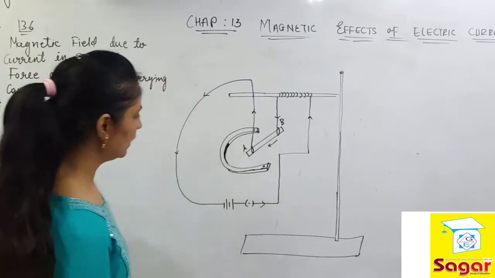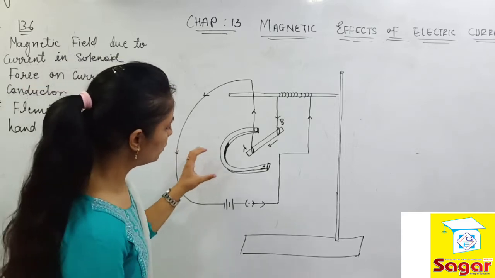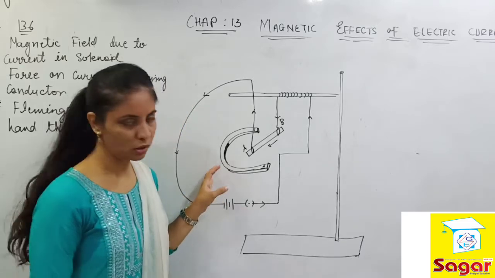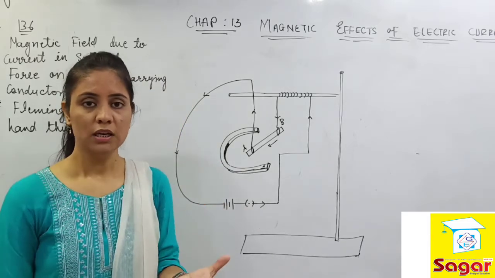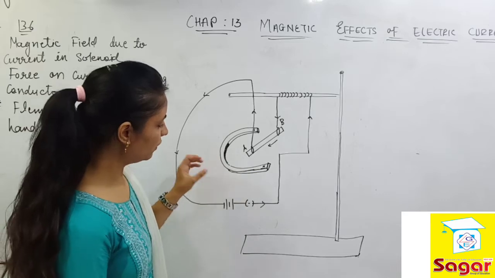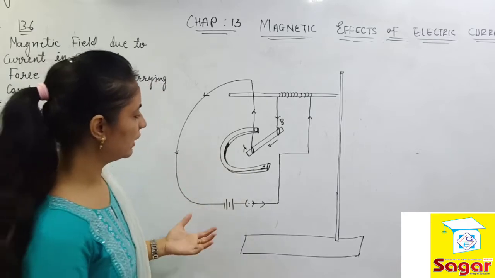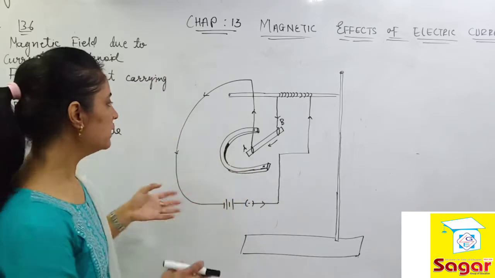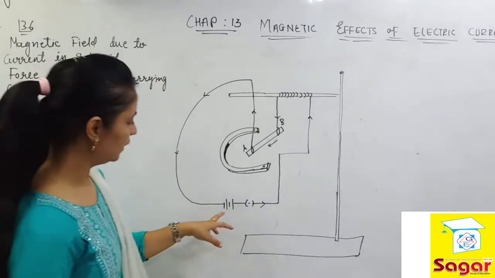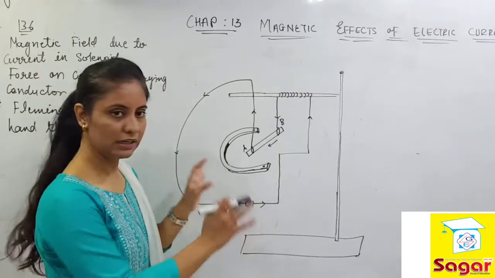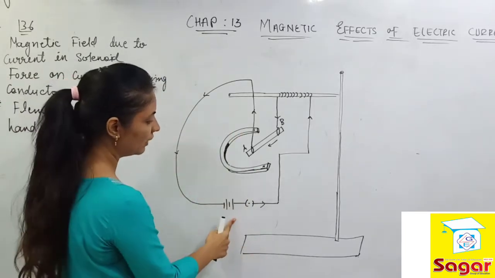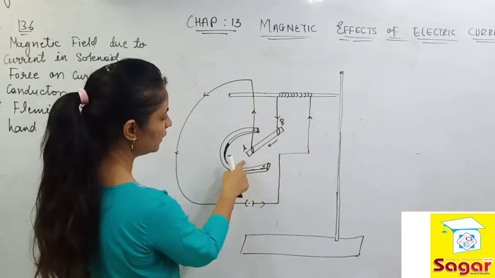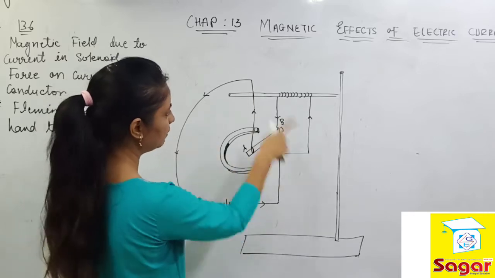Now, we have also taken a U-shaped magnet and placed it over here. Make sure the U-shaped magnet is not simply lying over here. Because of the simplicity of the diagram, we have not shown any kind of stand on which we are putting this magnet. Okay, so what is happening actually, we will discuss, everyone. Whenever you put the plug key on, the circuit is complete this way. Electric current will flow through this wire.